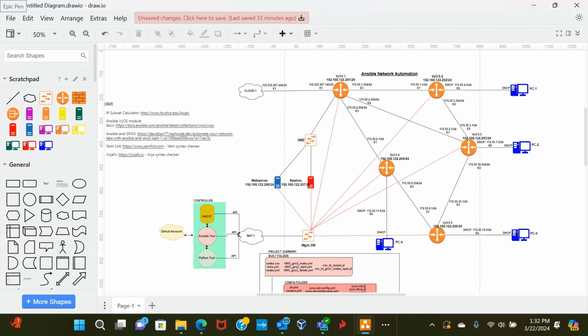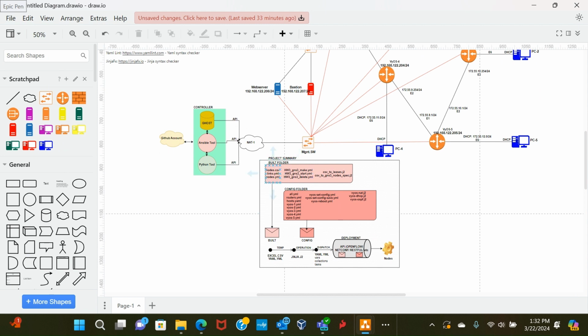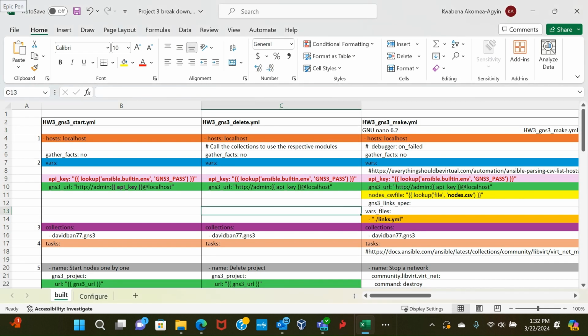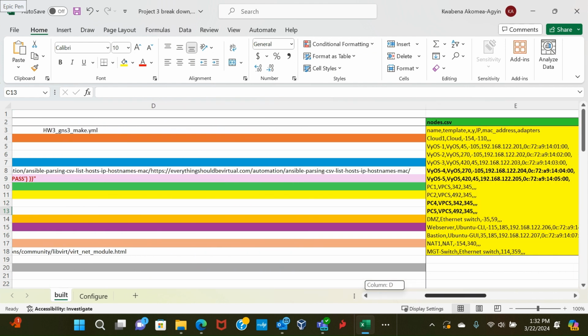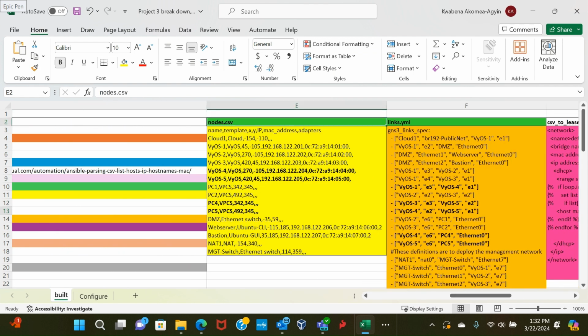So we can start a little bit by looking at the build files one by one, and then we can look at it before we do the various deployment. So I'll start with the build file, which is the nodes.csv. We just go in here, and you can see the nodes.csv file is very simple. It takes the system name or the host name that you want to give to the nodes. You introduce a comma, you tell it the template, the name of the file that you just want to call it, whatever, and then XY just tells you, on your NMS GUI interface, where you want the pictorial representation to be placed.